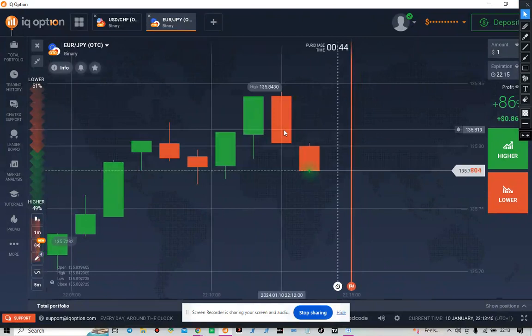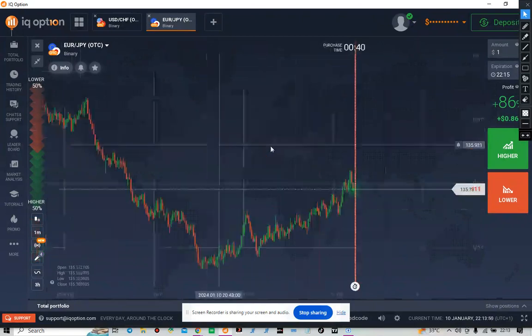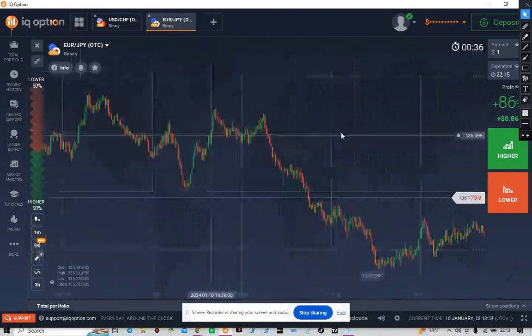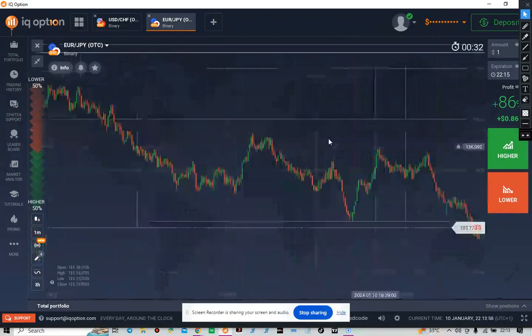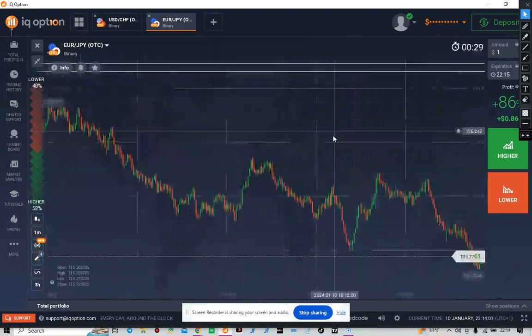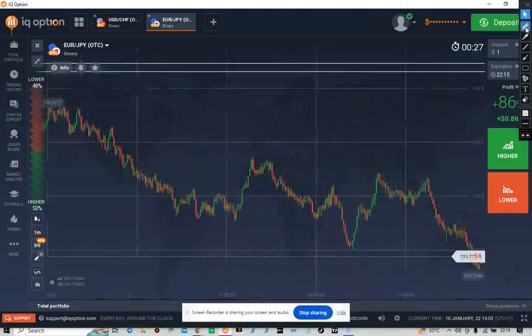Okay, so I'm going to show you now how to draw support and resistance while trading binary option. Like I said before, there are different ways to trade binary option, and to draw support and resistance. So when you are trading support and resistance,